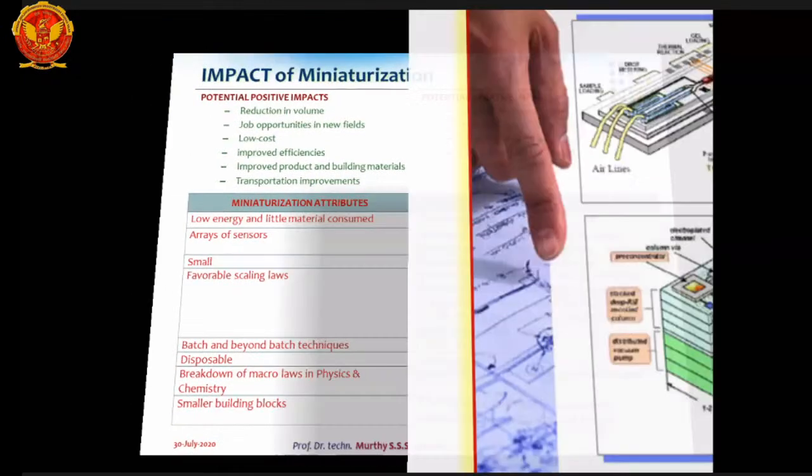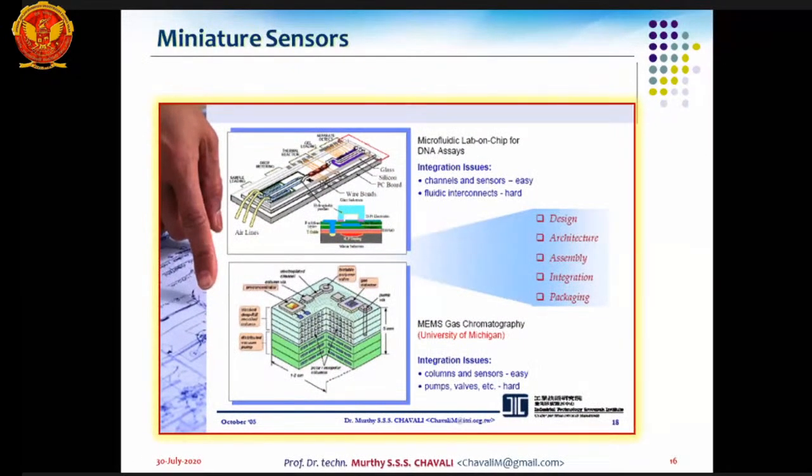And we started to work on gas sensors after seeing these microfluidic lab on chip devices and MEMS based gas chromatography. Gas chromatography is a big one, almost half the size of a room. But these people have converted the entire thing into a small 5 centimeter unit, where one is the gas chromatography, which can perform most of the gaseous operations, and there is a lab on chip where it exactly performs the entire functions of a diagnostic center on this particular chip